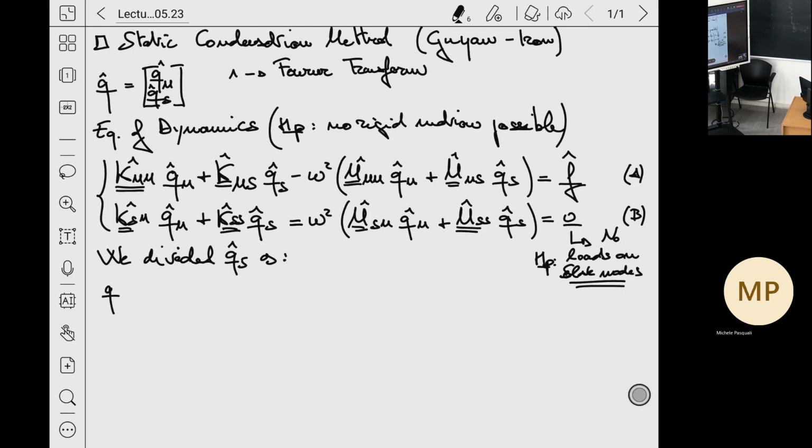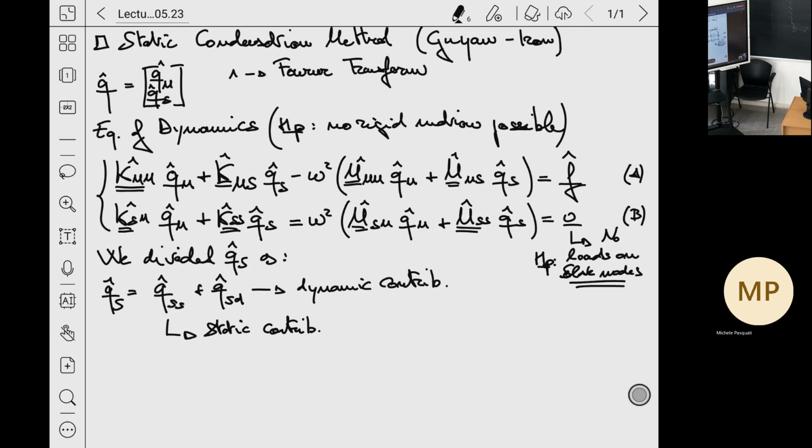Now, from equation B, considered for the static case,